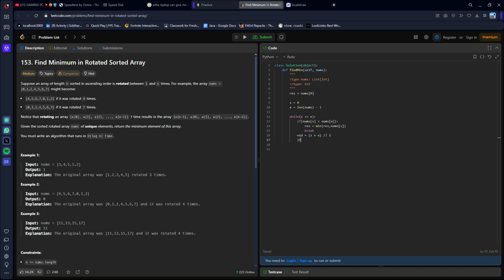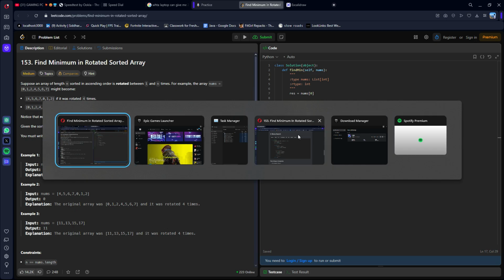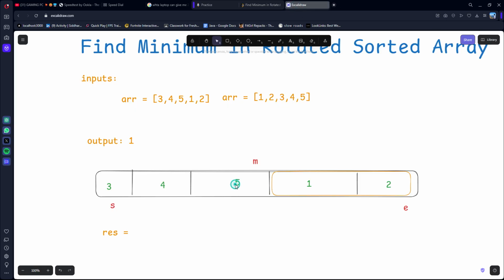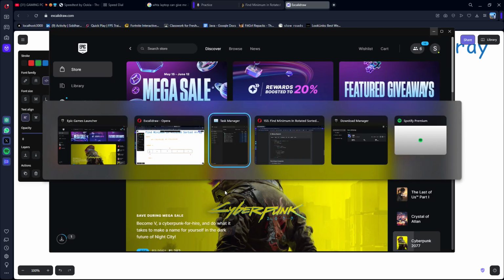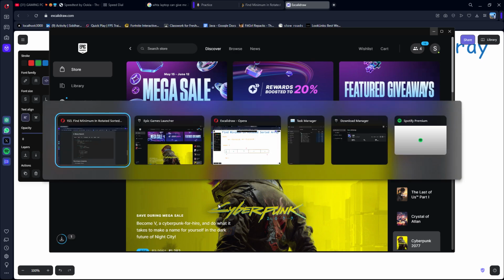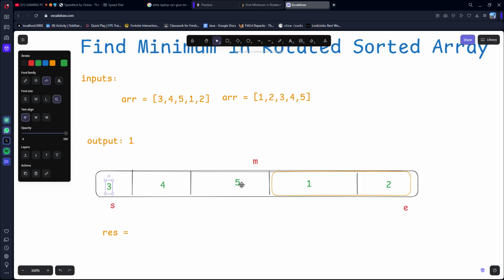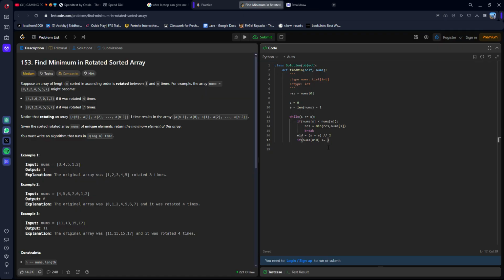Then the condition is, if nums of mid is greater than or equal to nums of our start, in our case here,